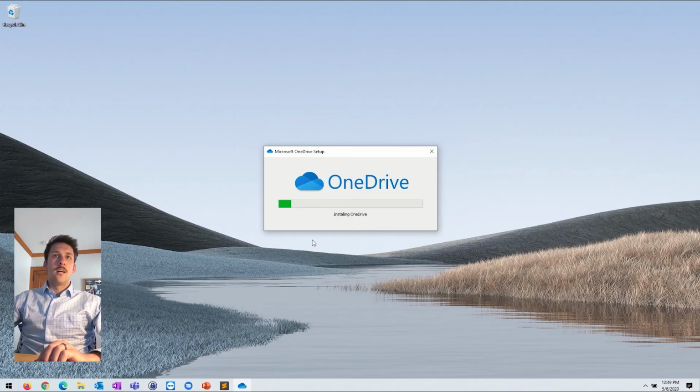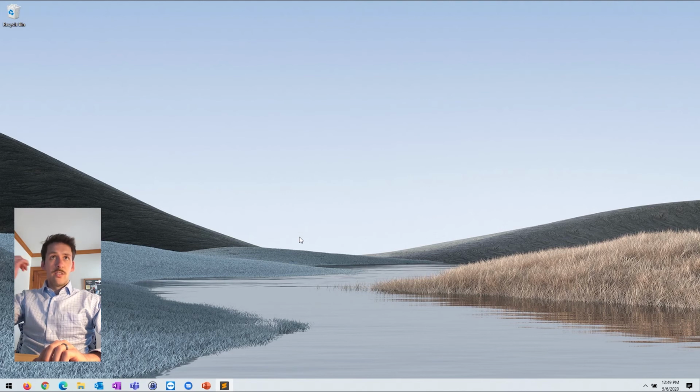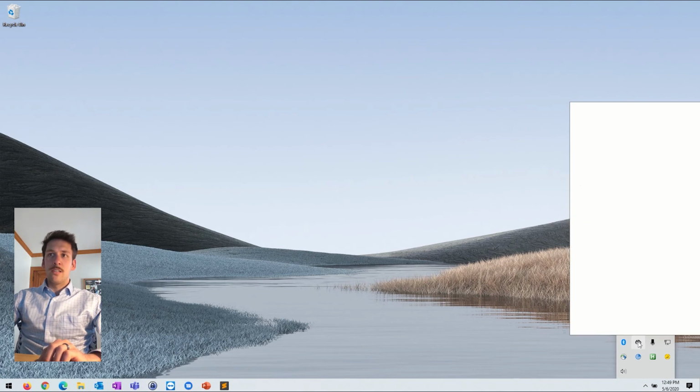It may prompt you to say yes to install the file or enter in your password. If so, go ahead and click yes or enter in your information. And you'll see the OneDrive screen just kind of flew by and installed the app there. So once it's installed, it won't actually warn you, but you'll see it down in your system tray here by the clock. If you expand that, you'll have the OneDrive file, and you can go ahead and click on that